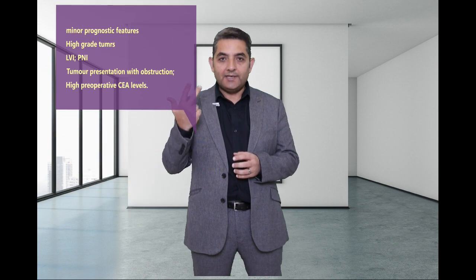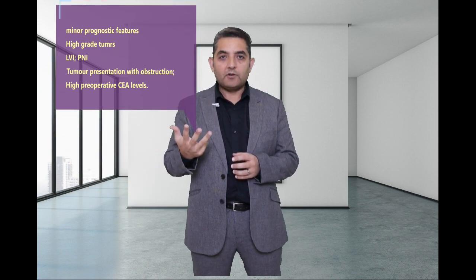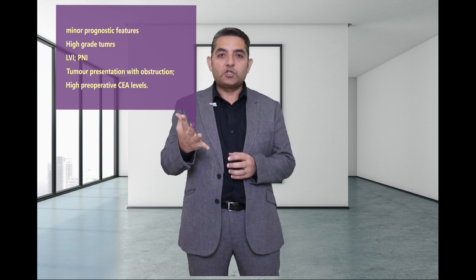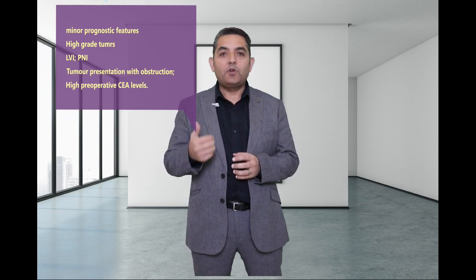In stage 2 colorectal cancers, the following features are considered risk prognostic features that have to be checked to evaluate the benefit of adjuvant systemic therapy. They can be divided into major and minor prognostic features. The major are lymph node sampling less than 12 and pT4 stage including perforation. The minor features are high-grade tumor, vascular invasion, lymphatic invasion, perineural invasion, tumor presentation with obstruction, and high preoperative CA